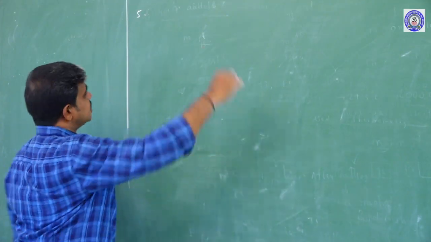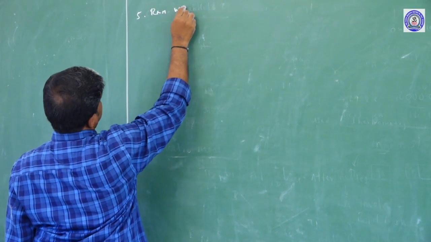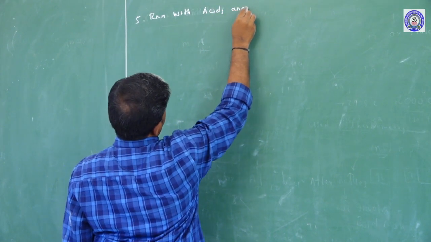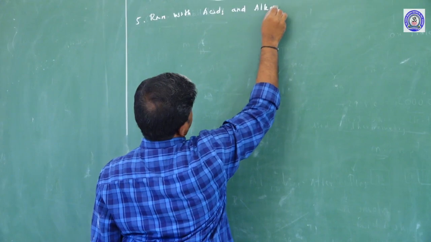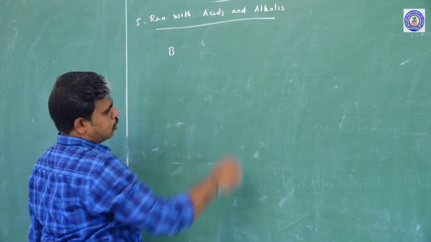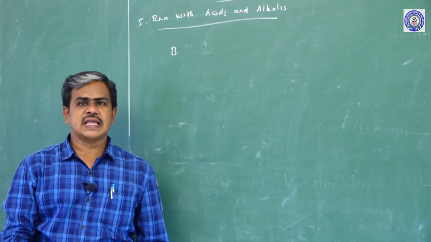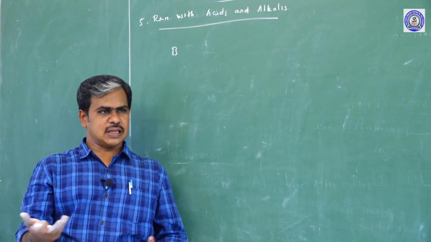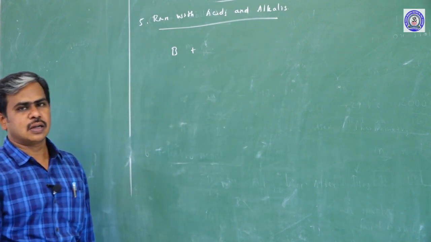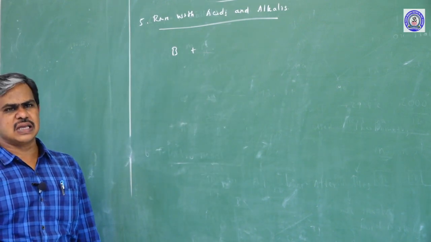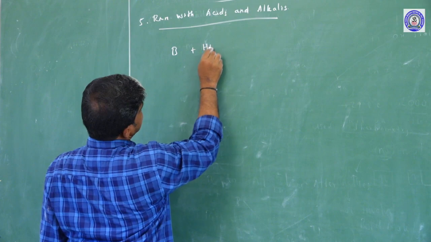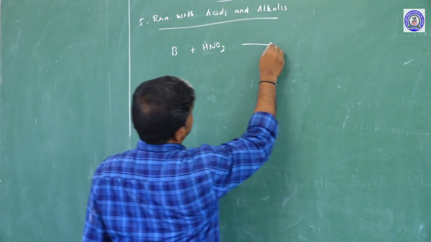The next property is the reaction with acids and alkalis. Suppose we take boron. Boron does not react with haloacids like HCl; with HCl there is no reaction. But it reacts with oxidizing acids. What are the oxidizing agents? Nitric acid and sulfuric acid are oxidizing acids. So it reacts with the oxidizing acid and forms